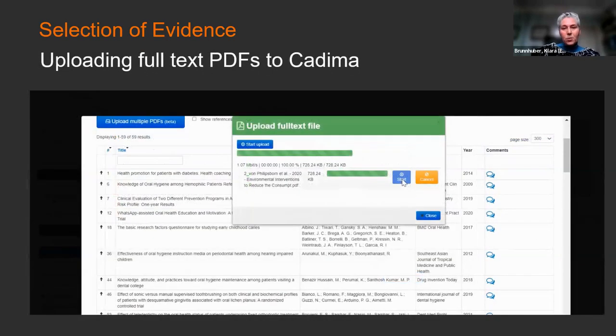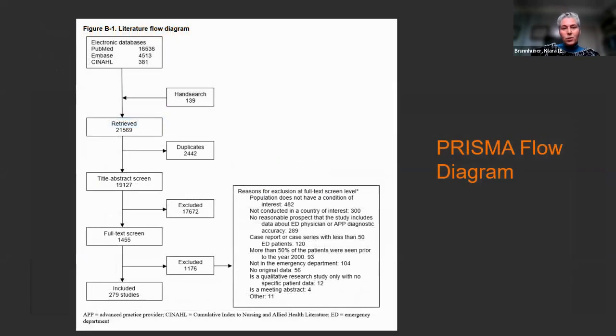These are the steps to upload the full text, and then at the end of it, you can create what is called the Prisma flow diagram. So this shows you really in this algorithmic way the way of the search: how many hits did you receive at the very beginning, from which electronic databases. In this case, you see that 3 databases were searched, PubMed, Embase, and CINAHL, and how many search hits were